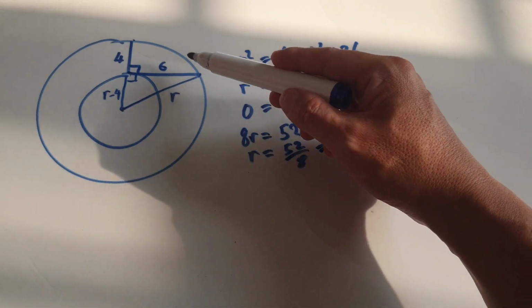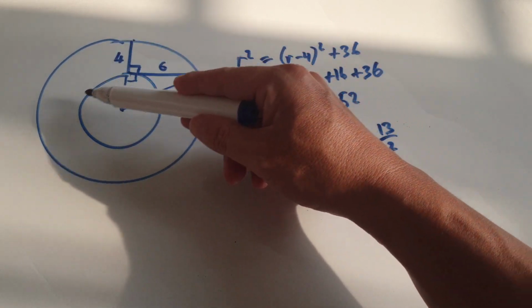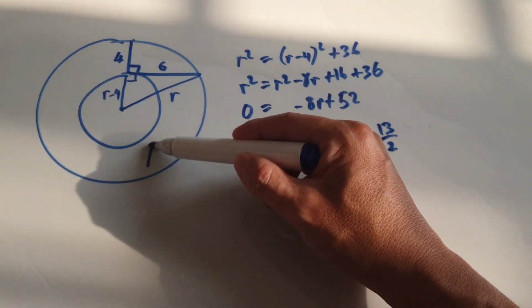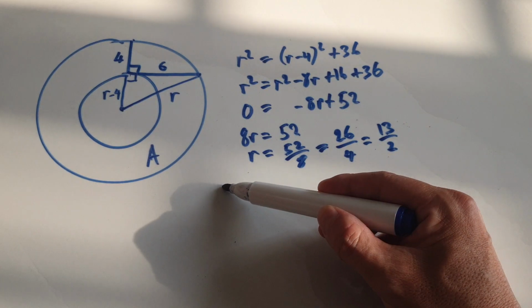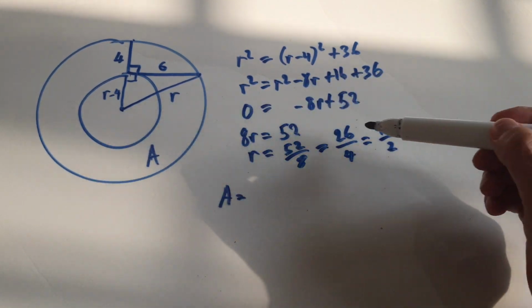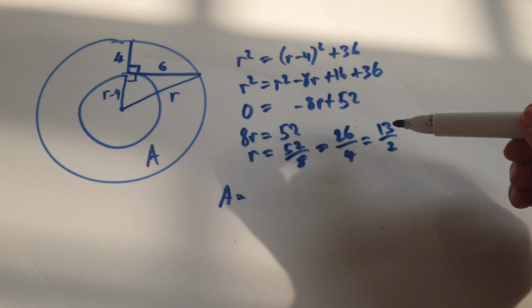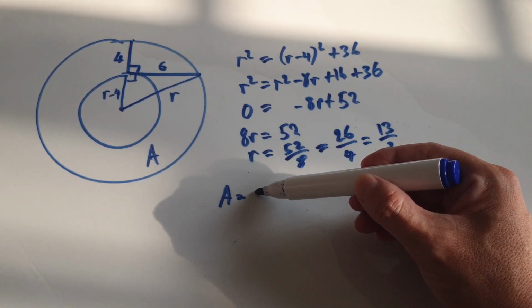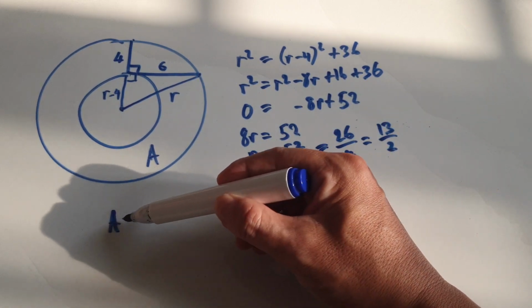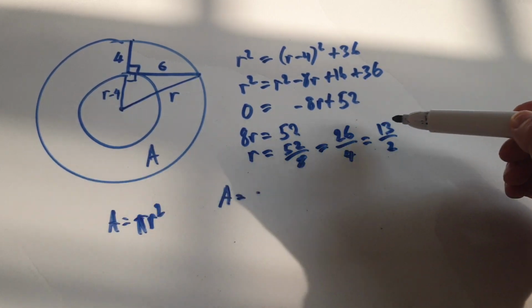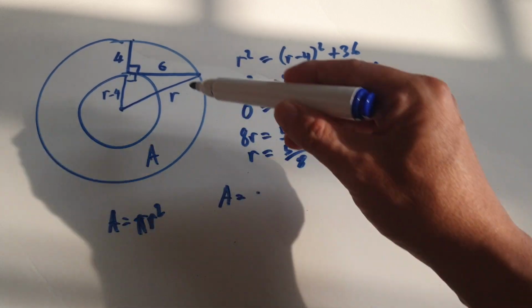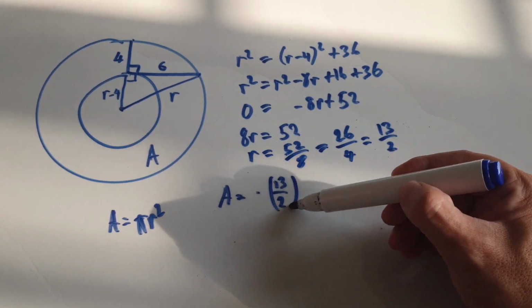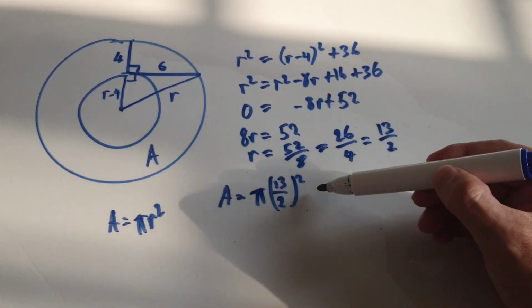Once you know the radius, you can just get the area of the big circle, take away the area of the small circle. So the area of the donut, capital A, is equal to, with the big radius being 13 over 2, remember the area of the circle is pi r squared. So put this into the r. So the area of the big circle will be 13 over 2 squared times pi, and then you take away